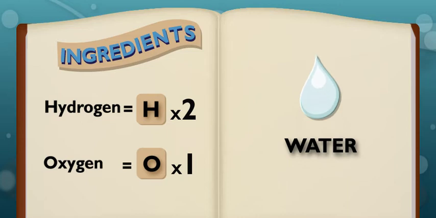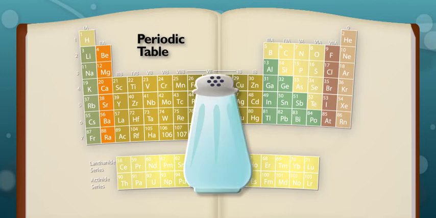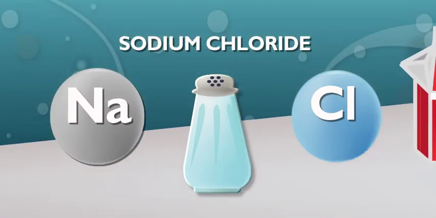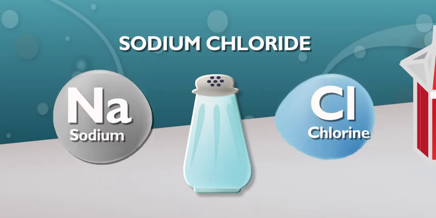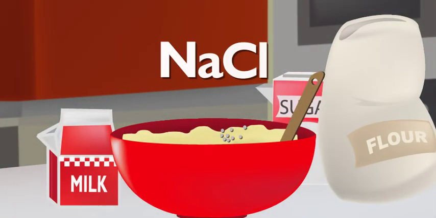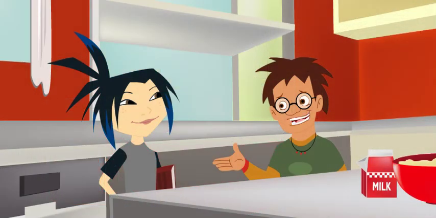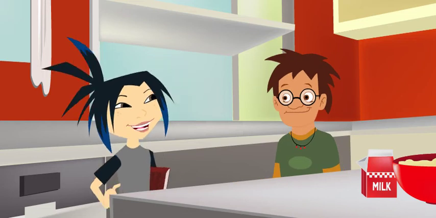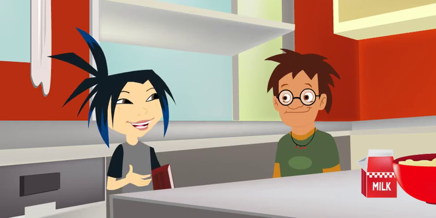Are there chemical formulas for everything? Every compound, yes. Salt is a compound, too. It's called sodium chloride because it's made from the elements sodium and chlorine. So its chemical formula shows the symbols for those 2 elements together. NaCl. Chemical formulas really are like recipes. You were right, the cake is like a compound. Little Miss Scientist strikes again. See? Now it's your turn to explain, Sam.